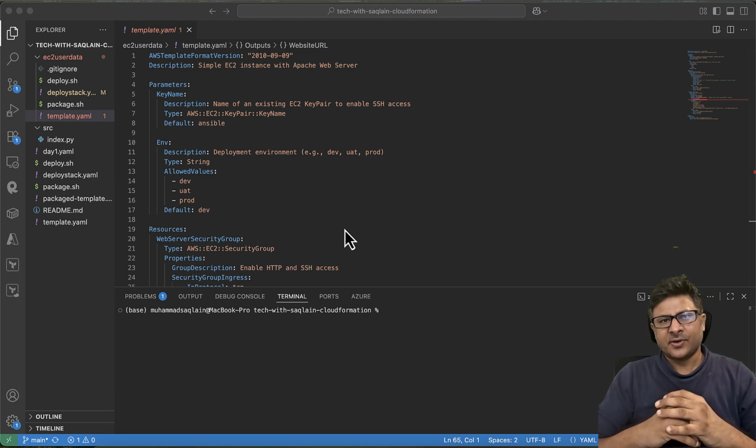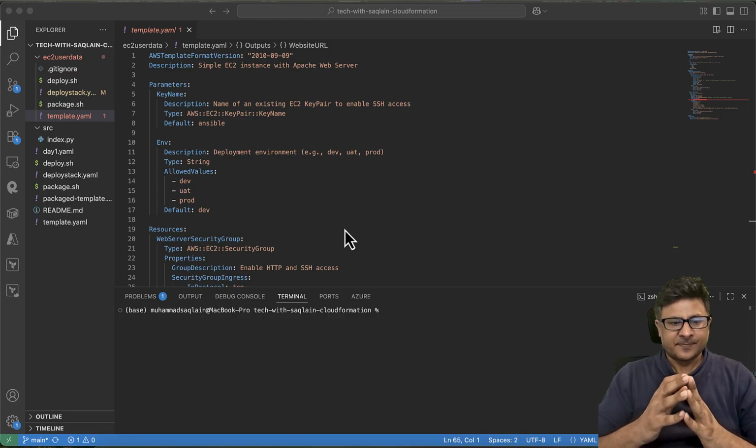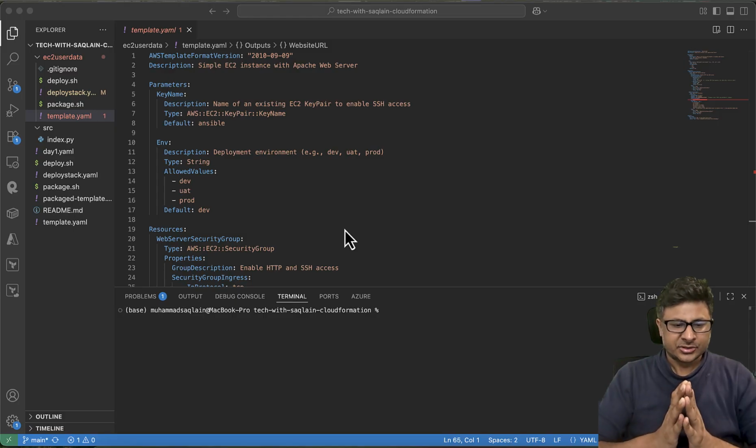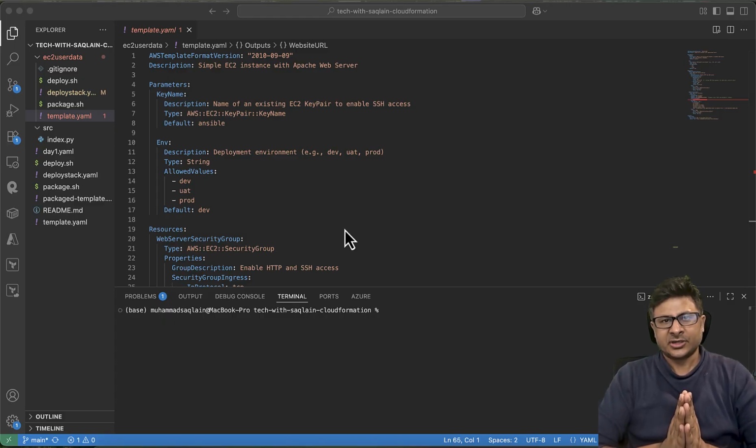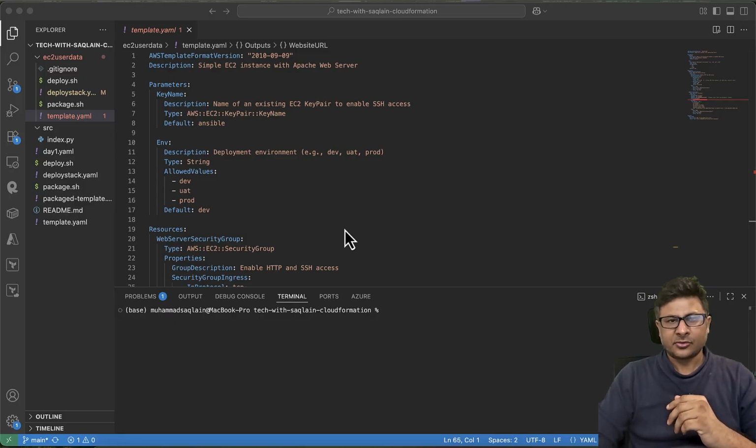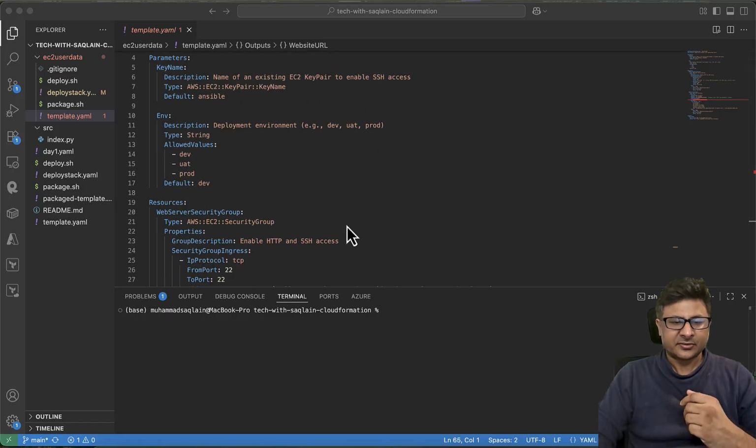So in today's video we are going to talk about a small project where we will be using all the basic CloudFormation blocks which we have used. For example, parameters. We are going to use the resources block. We are using the output block, and with the help of all these blocks we are trying to deploy an EC2 instance. And furthermore, we will be using user data to deploy a web app, and then we are going to deploy Apache, and then basically we are trying to start a web application or web server on that